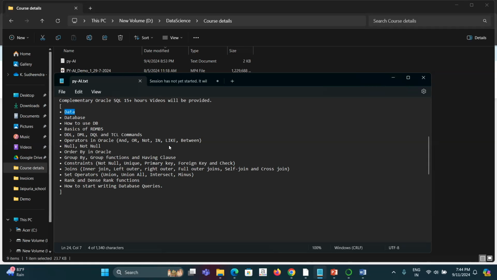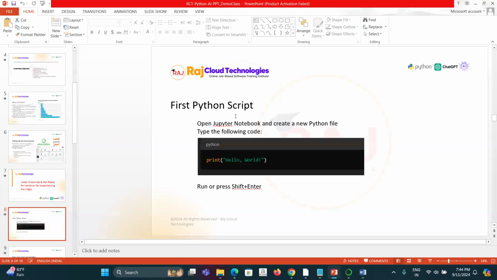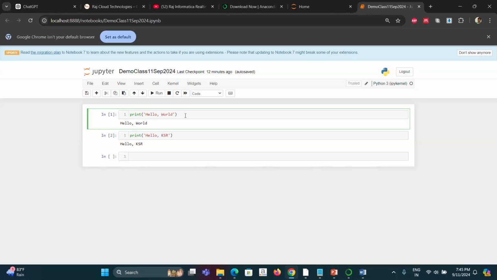Okay, so we'll quickly continue with our presentation. This is where I was talking about how you can run your first Python script. Just type print hello world. That's what we did here. We typed it in the code block. This is called a code block, where you write lines of code, and you just press run.